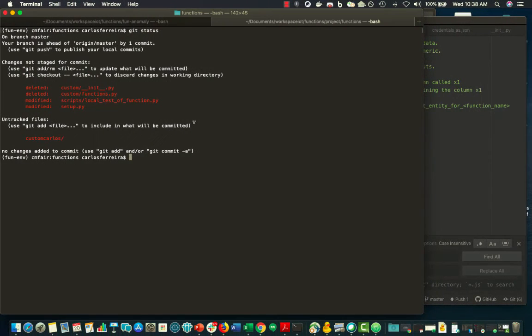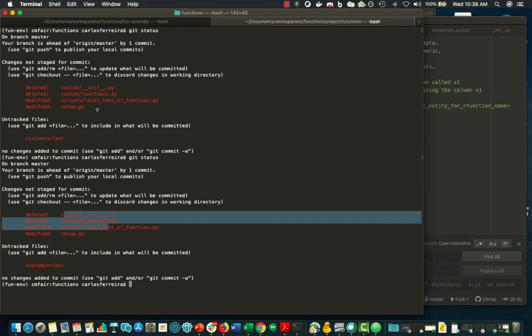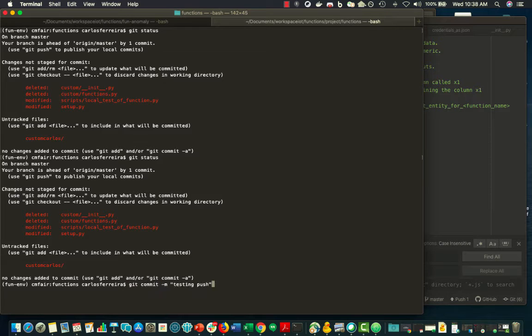So if, for example, we say git status, we can see what are the files that we've modified so far. And then if I look and check where, if for example, I wanted to do a git add on one of these files,